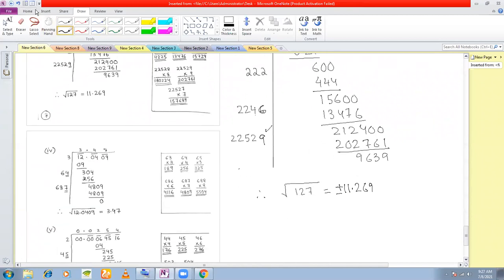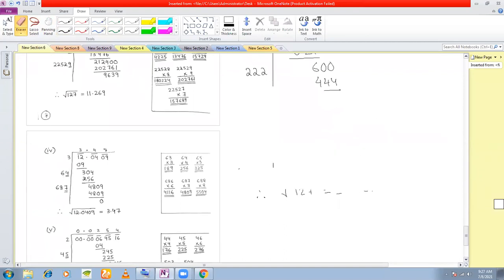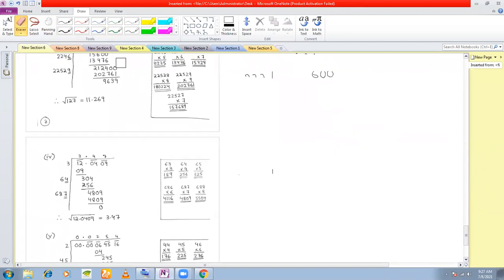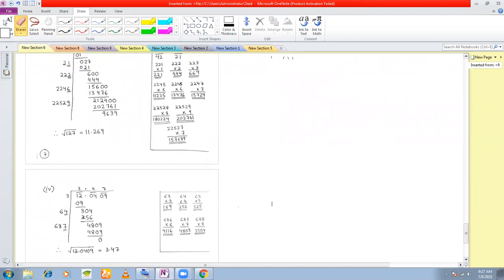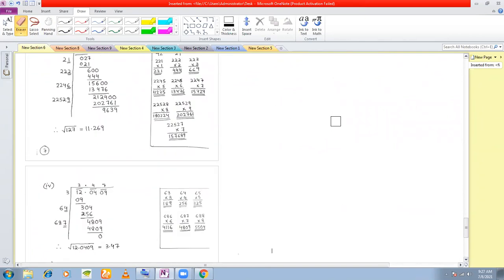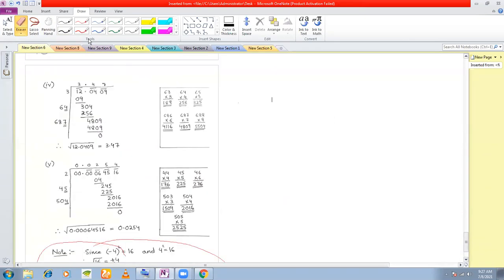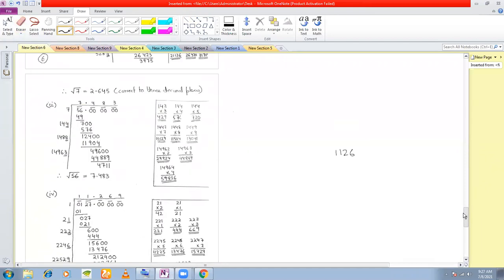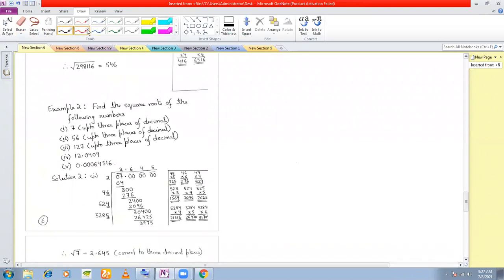No, sir. Then we'll move on to see how to find the square root of decimal numbers. Till now we have discussed 2-digit numbers, 3-digit numbers, and a single digit also. Now we shall see how to find the square root of a decimal number. The next question is find the square root of 12.0409. No decimal places are mentioned. If nothing is mentioned, you only do till 2 places or 3 places.